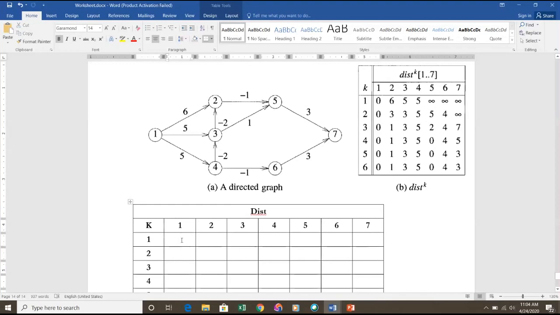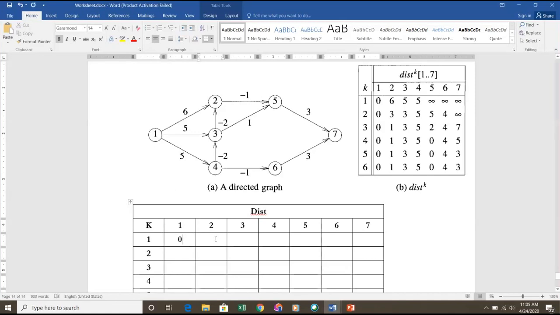So the first row, what you are supposed to fill is, these columns are nothing but distances. So distance of 1, distance of 2, distance of 3, distance of 4. Out of this, 1 is the source vertex. 1 is considered as the source vertex in this problem. We can consider any vertex as the source, but since we use the usual convention, we use the lowest numbered vertex as the source. So 1 is the source here. If it is a source, then the distance of that source is always 0.